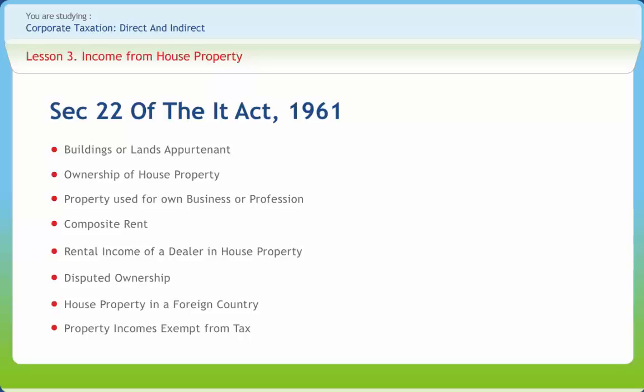Deemed owner. A person is deemed to be owner of the house property under Section 27. If an individual transfers a house property to his or her spouse not for adequate consideration, such individual will be treated as the owner of the house property, provided the transfer has not been made in connection with an agreement to live apart. Similarly, an individual who transfers otherwise than for adequate consideration any house property to a minor child, not being a married daughter, is also treated as the owner of the house property so transferred.